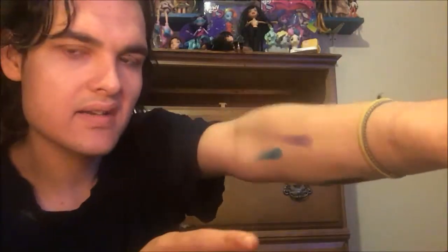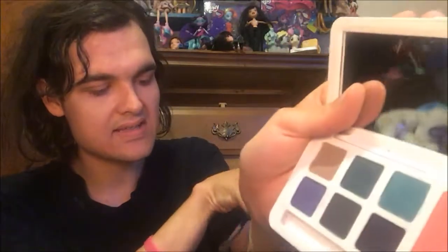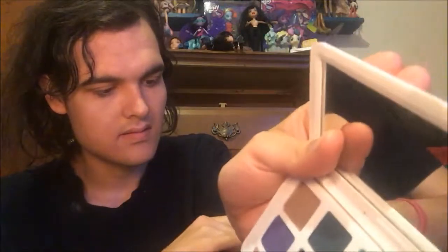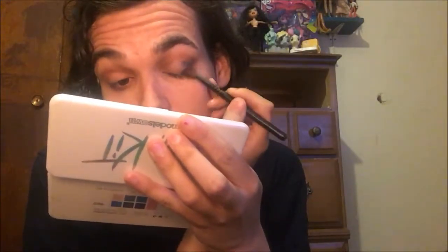Ooh, that's a really nice color. From what I'm feeling, they're feeling pigmented and very buttery. They're feeling smooth, they're feeling nice. Okay, I really want to go into this blue, but I really also want to stay in my natural looking looks. So I'm just going to put this darker blue, the second color, this one right here,